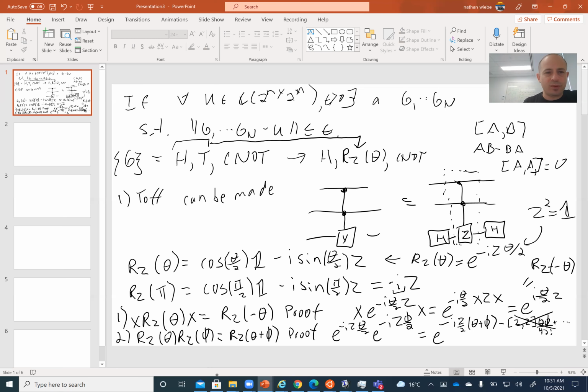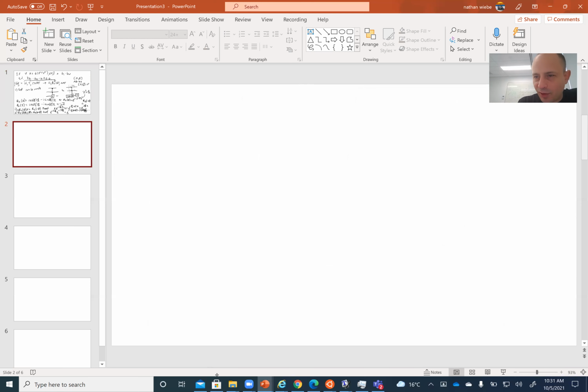sum of the angles. So that is intuitively exactly what we expect from a rotation, right? If we carry out a rotation through an angle theta, and then we carry out a rotation through an angle phi, these two rotations add up to an angle of theta plus phi. Okay, cool. So now we have those two properties of rotations. The next thing that we're going to want to do is ask, well, what is our, if we think about our controlled